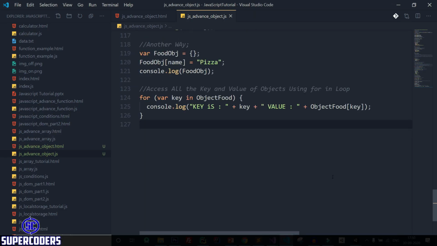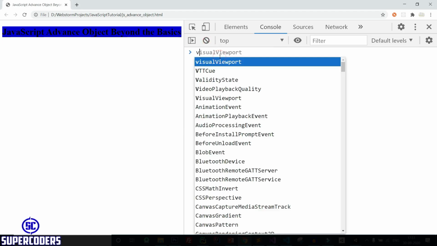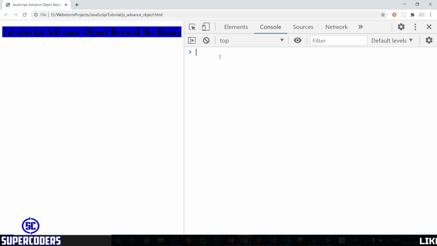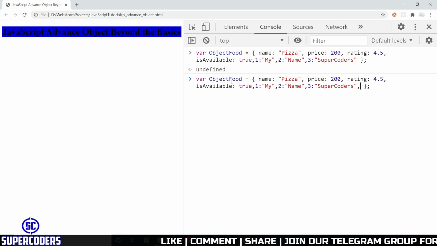So back to VS Code again. Now let's see the next example, how you can create objects inside objects, means chaining the objects. So let's see what is chaining objects. So back to Chrome, clear the console, or copy the same object name. So let's copy the same object from the previous one, enter it, and you want to use chaining. So let's see how you can use objects inside objects, which is also known as a nested object.